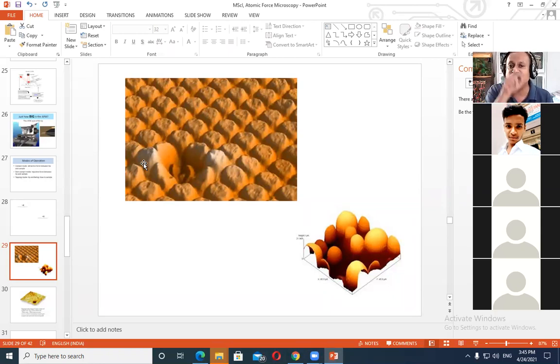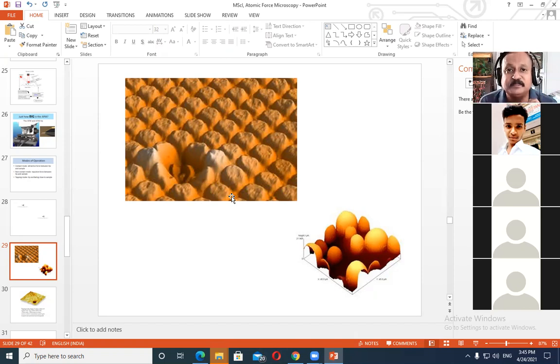Okay, so its movement exactly, it is tracing the movement, it is actually tracing the sample surface, and as it is moving up and down, every movement is detected by the detector. For example, suppose the probe is moving from this point to this point, which is the elevation, the distance which is traveled by the probe from this point to this point is measured and